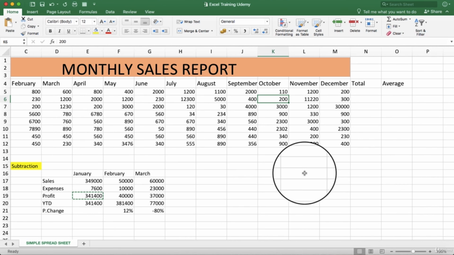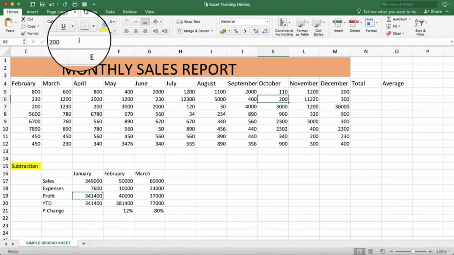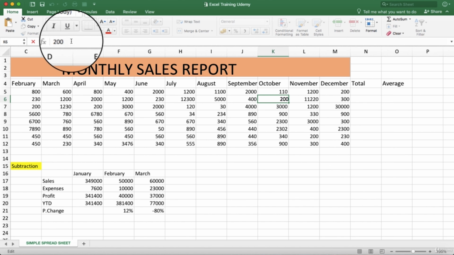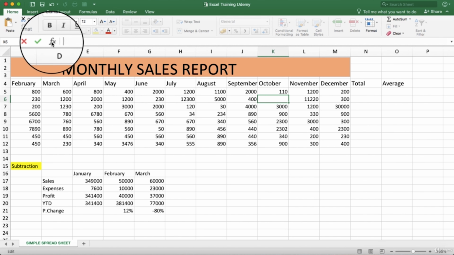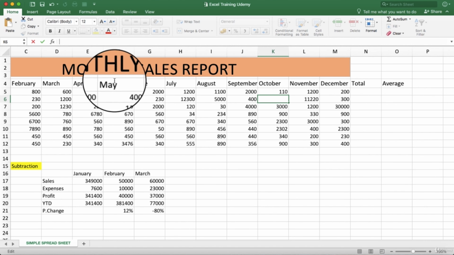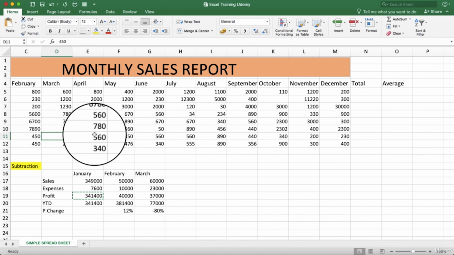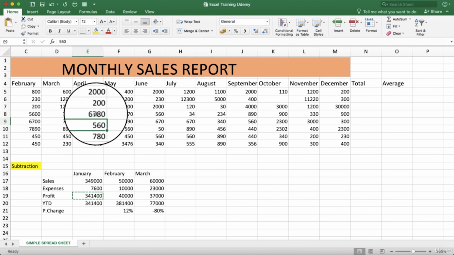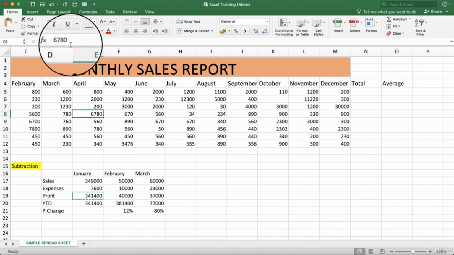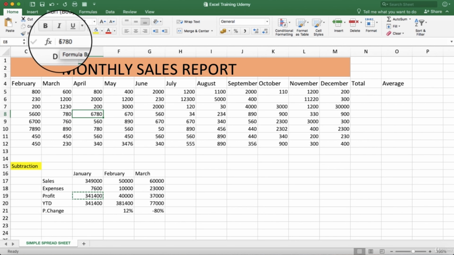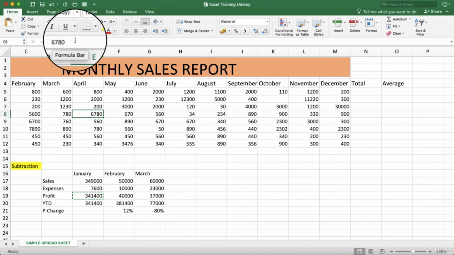In this lecture we'll learn about the formula bar. Under the ribbon, this fx space is called the formula bar. Whenever you click on a number, if it follows any formula, the formula will show here. Here 6780 doesn't follow any formula and it's a number only, so it shows only